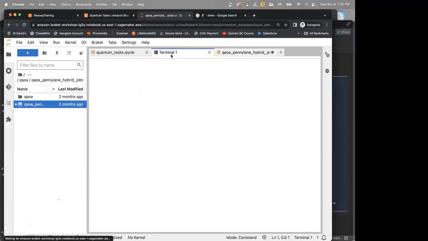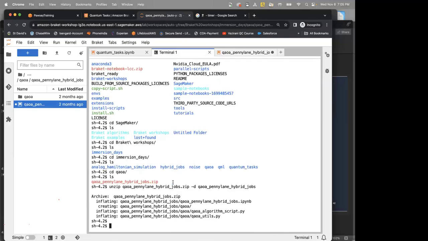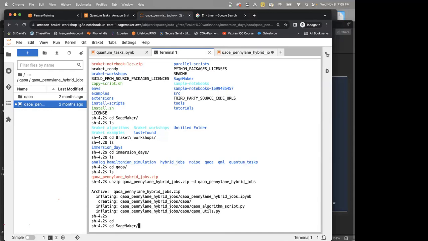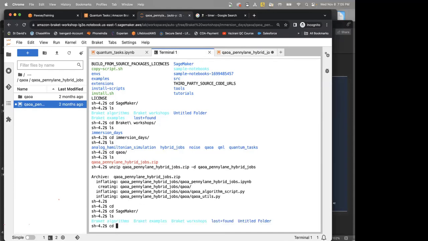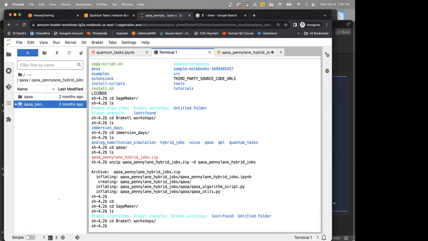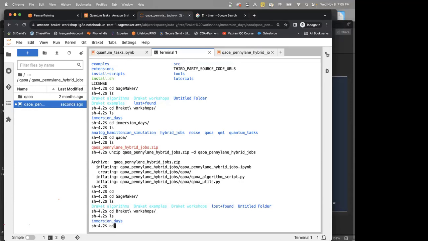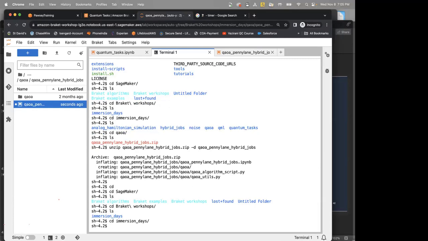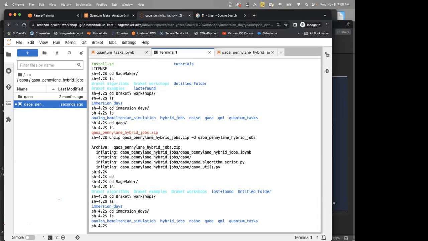Instructions to unzip, right? So go to terminal, then the SageMaker directory. If you go to SageMaker, then cd to Braket workshops, Braket, and then type workshop, enter. Are you with me, Tara? And then go to immersion days, cd immersion days. If you see multiple entries here, then go to QAOA.